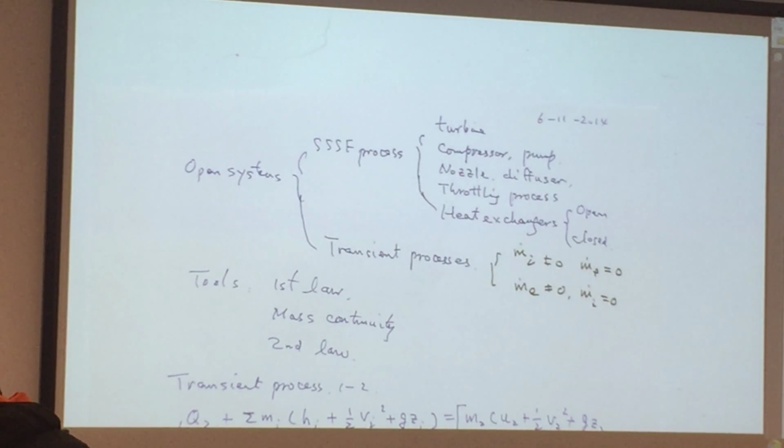Just like we have many tools, spanner and hammer, whatever, we should use the right tool for the right job. That's what we are learning in thermodynamics. All the equations are tools, and we need to understand when they should be used. So first law, second law, and mass continuity. And the first law, energy equation,